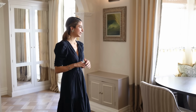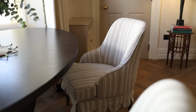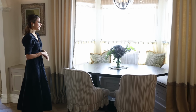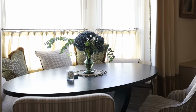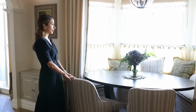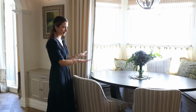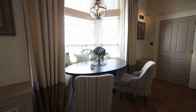Transitioning over to this side, here's my dining area. I created a bespoke joinery bench, which is great for extra storage. I also really wanted an oval dining table, and it was quite tricky to work it out with the chairs. These are also custom made to be able to seat everyone at the right heights with the bench and the chairs. I think it's really lovely that scallop trim on the chairs creates a bit of a cheerful